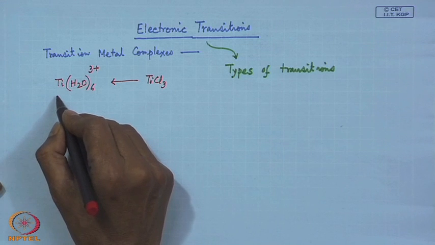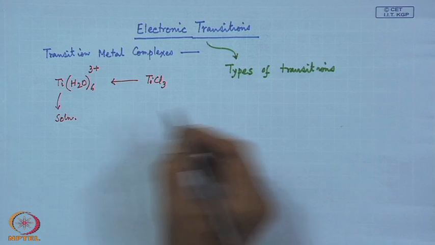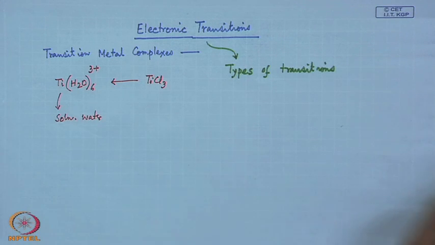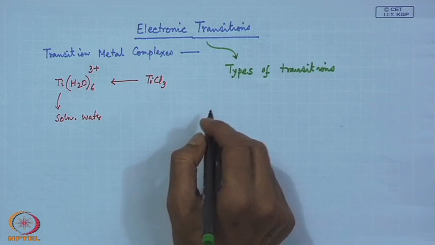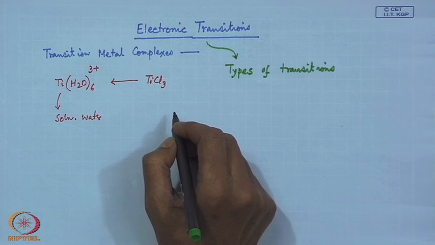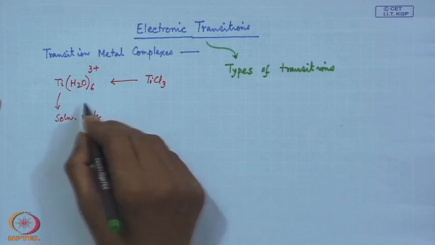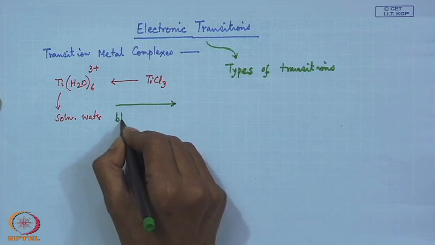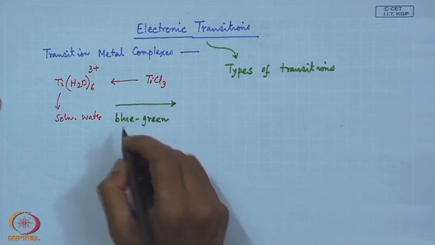And when we make the solution of this particular species, since we are dissolving in water, it is a solution in water, and we can have the corresponding multi-electron system if we have more than one d electron for this particular ion. So, we basically see that when this particular complex is exposed to some blue green light, the wavelength corresponding to the blue green light,